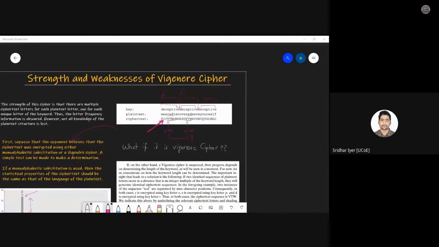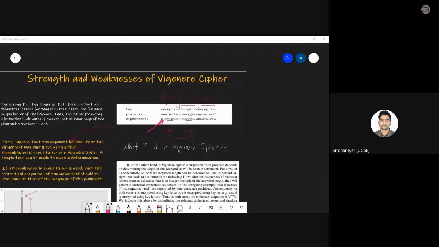I'm repeating it again in a very small fashion. What we are trying to do is, if we come to a conclusion that a Vigenere cipher is used, we break that Vigenere cipher into the length of the key. First of all, find the length of the key and then convert that ciphertext into chunks of that length. For example, if the length is 9, we divide that ciphertext into groups of 9. Now we know that if the length is 9, after every ninth interval, the key is going to be the same. So we are basically now dealing with 9 monoalphabetic ciphers.